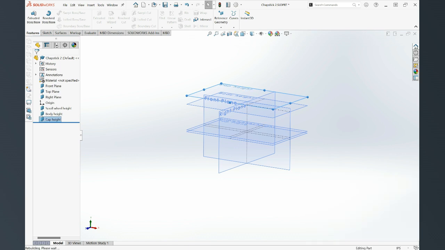Now I'm just going to press Control S or whatever other shortcut you use to save. So now we're going to begin by making the main body of the chapstick. So we know that the body is going to stretch from here, the scroll wheel height, to this plane here, the body height. And we're going to sketch on the right plane,